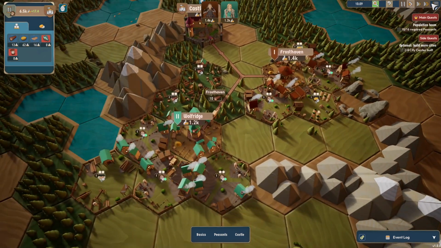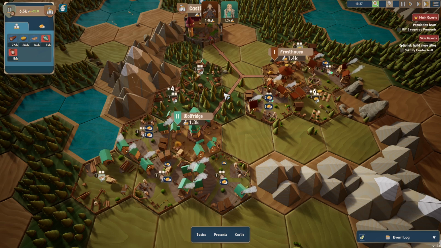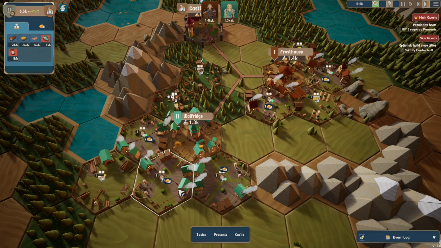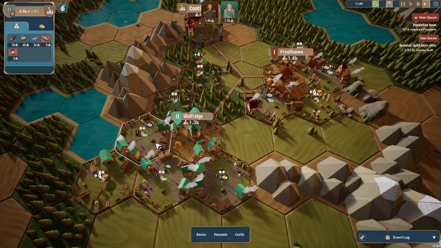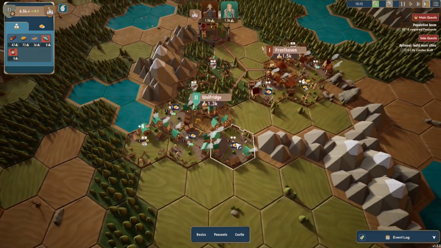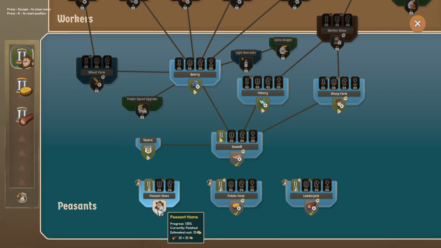That's my decision. Basically, the home increase means that every home can now hold another peasant. So we don't need another entire hex to house more workers. And then we'll improve the efficiency of the lumber and the sawmill. So we'll just have a lot more production going. And then I think once that's done,